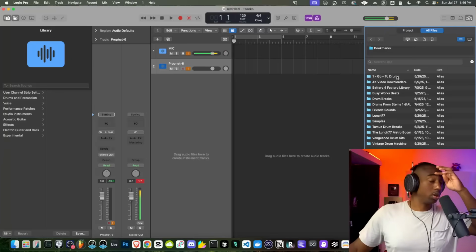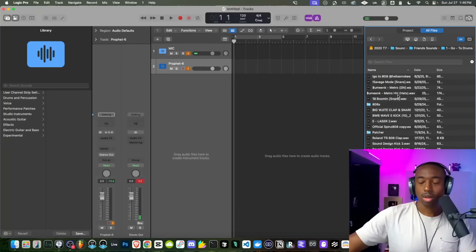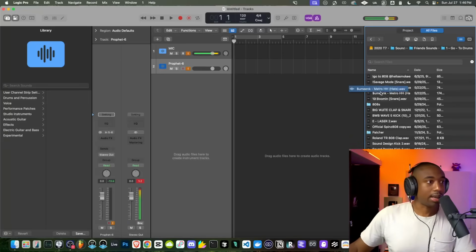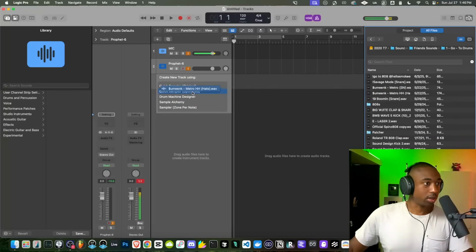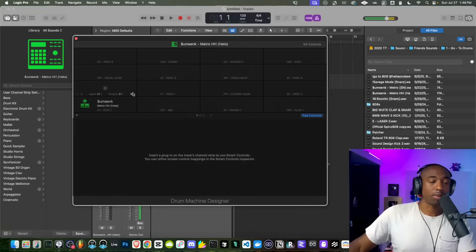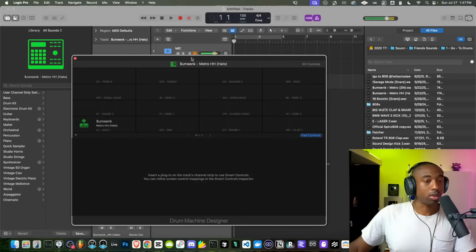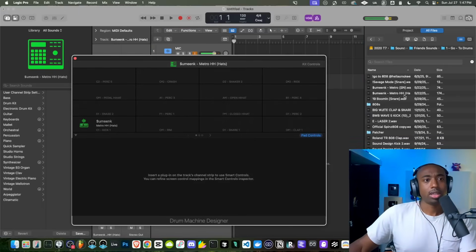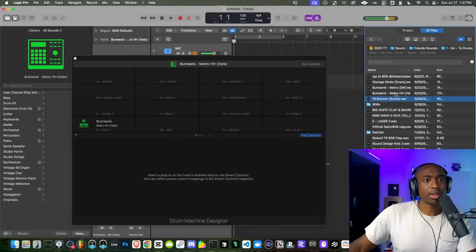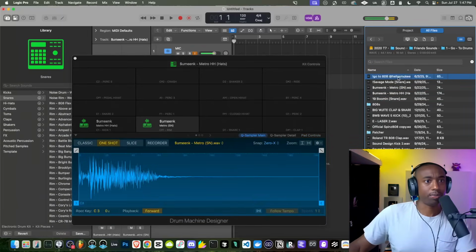So now my go-to drums, let's just go to that folder. And let's say we want to start with the hi-hat. What I like to do is just simply drag the hi-hat into this gray area below the other tracks and send it to a Drum Machine Designer. This is going to load up an FPC type plugin. Okay, so what we're going to do is just load up sounds per tab. So let's load up a snare, a hi-hat, and just a simple 808. Now we have everything we need.